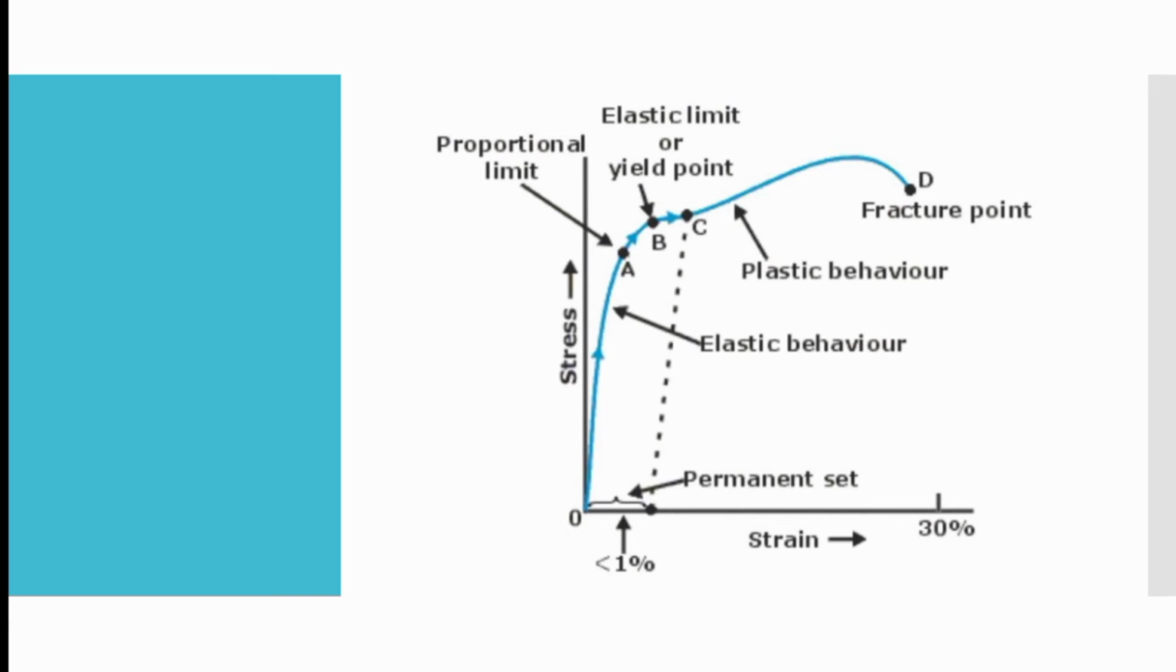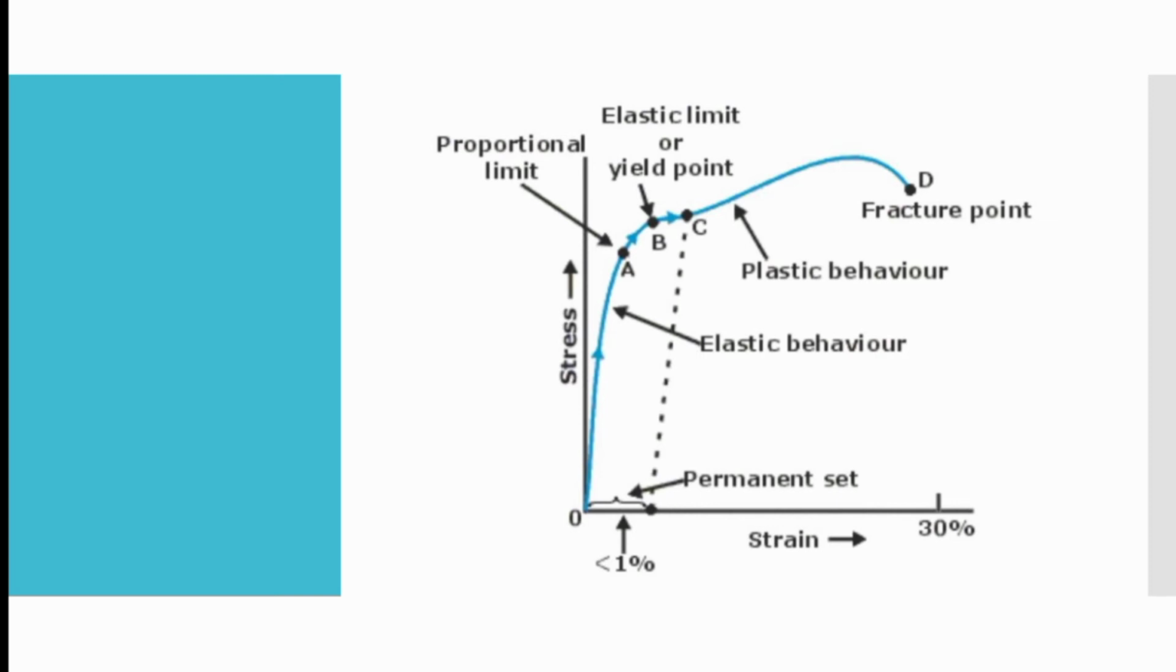Next we have the elastic range. The elastic range is the amount of stress that the material can withstand within the elastic limit. The point O up to the elastic limit represents the elastic range. The line from the elastic limit to the fracture point